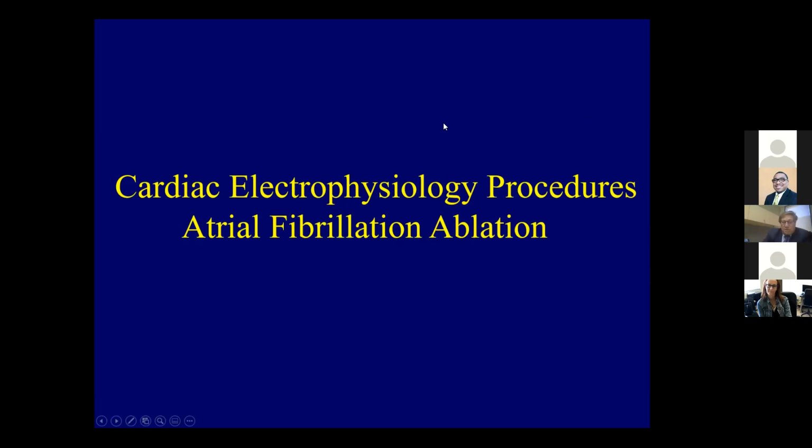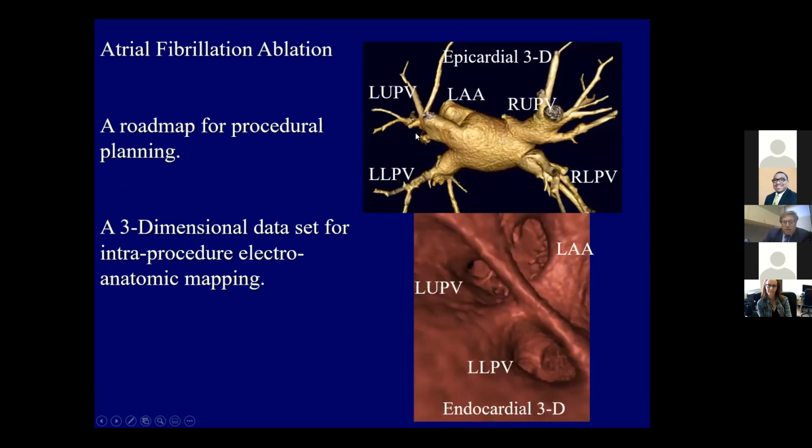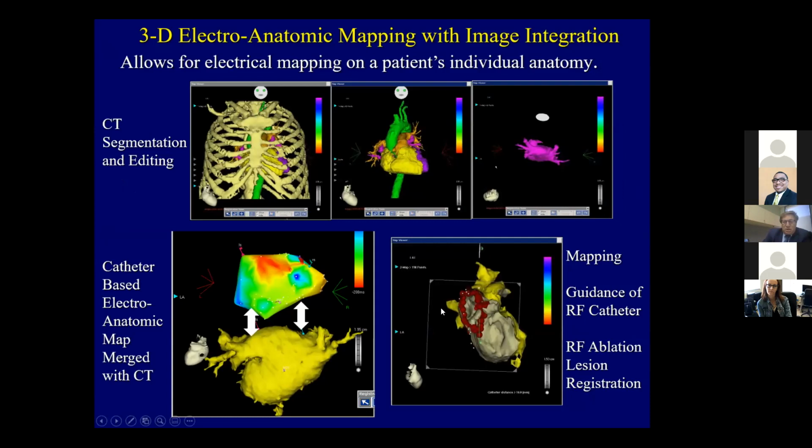Just want to go through some EP things very quickly. Again, we can look at the heart from the outside as well as the inside. When AFib ablations are done, catheters are placed through a transeptal approach and long linear lesions are made to electrically isolate the pulmonary veins. So what can be done is you can take your CT scan, you can segment it